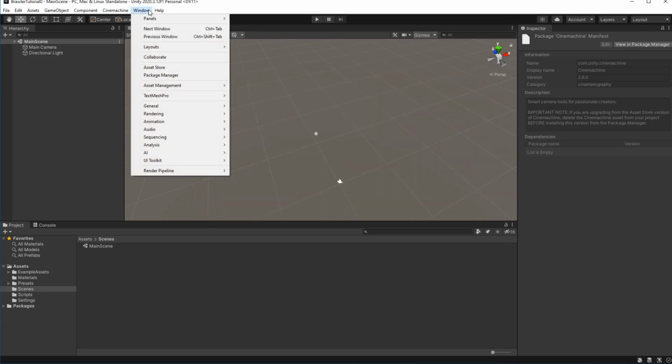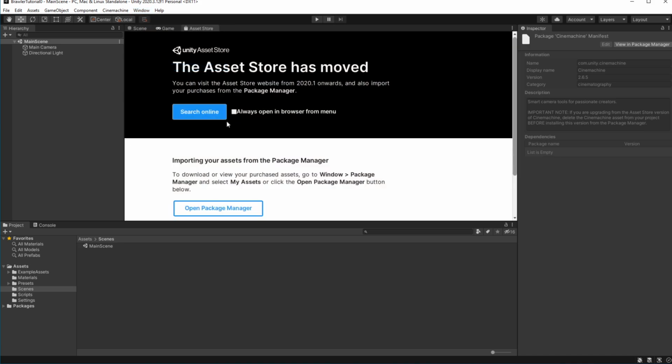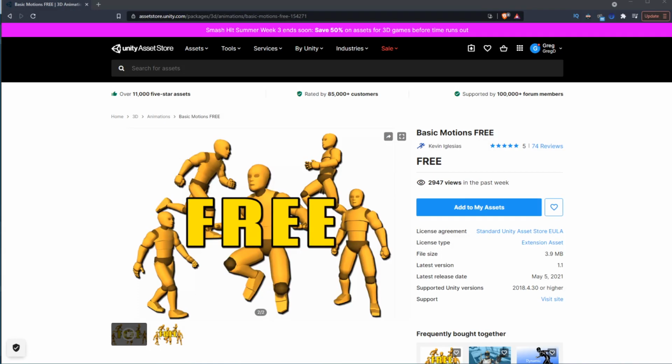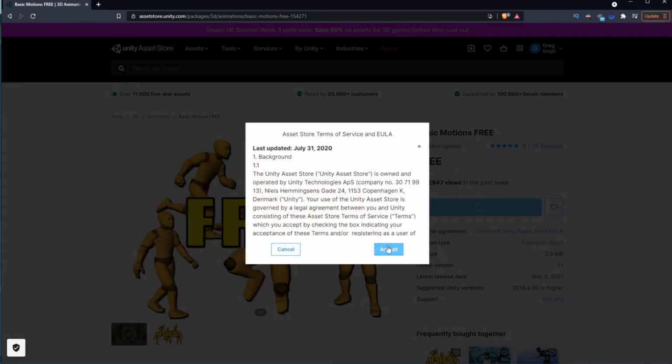Then we need to find and use some kind of character model. Open the Asset Store. And I found this Basic Motions free asset by Kevin Iglesias, added to our project.